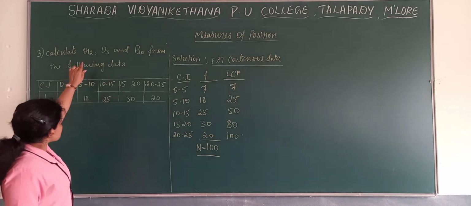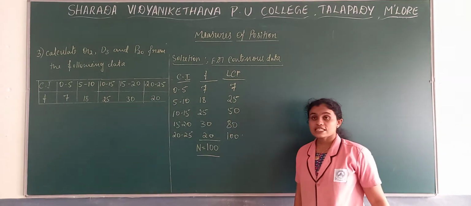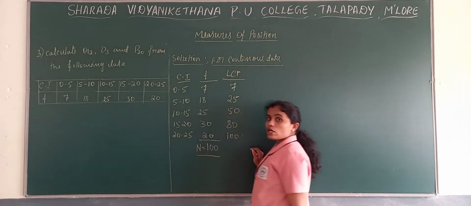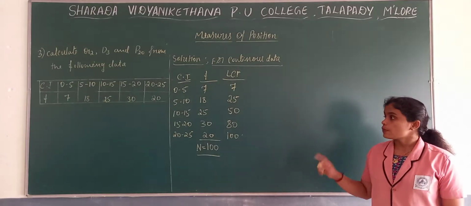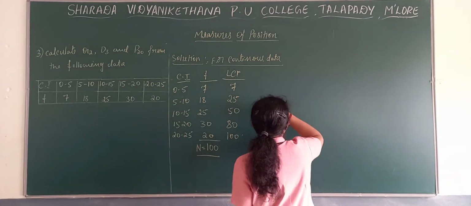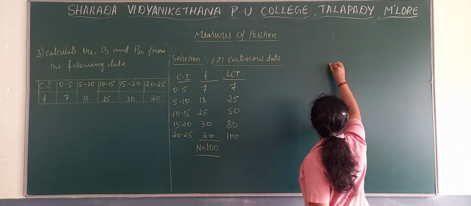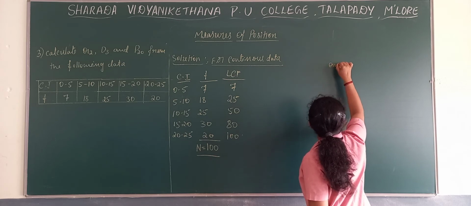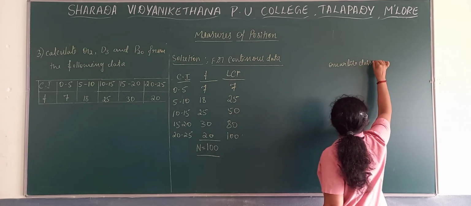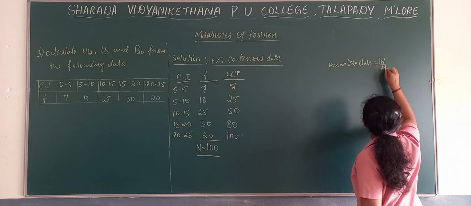So firstly we move towards the first question, that is Q2, and in case of a continuous series, how we need to define the median class or modal class. Here also we need to define the quartile class, percentile class and deciles class. So firstly we'll find out the quartile class there. So for Q2 we will write quartile class is equal to, formula is iN by 4.